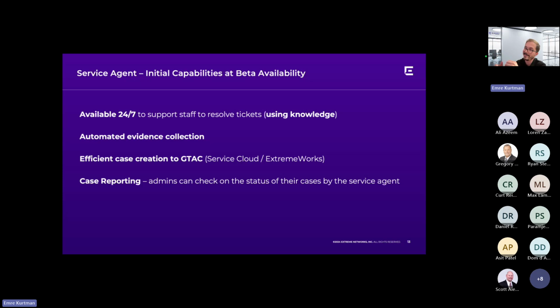Until all of these, they won't require any action from your side. But when it comes to creating a case, opening a case to GTAC, only then it will ask you whether you are approving or you want to edit, you want to add some additional information to the case. Only then you will be in the loop.